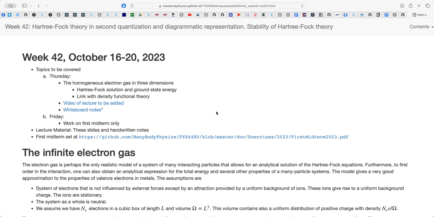Now, one of the reasons why I want to bring up the electron gas is not only because it gives us analytical solutions to a many-body problem. It gives us analytical expressions for the Hartree-Fock single particle energy, and also for the ground state energy when we have a Hartree-Fock wave function. And this is a pretty unique situation because there are not many physics cases where we can extract analytical solutions. So this is something which you might call a textbook example, and you will find it essentially in all textbooks